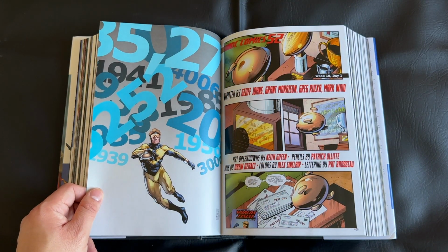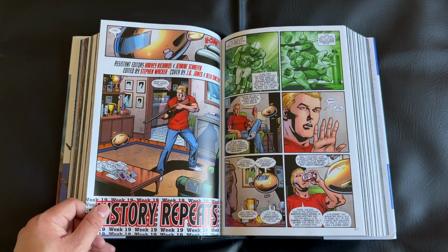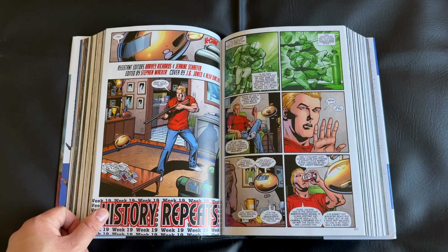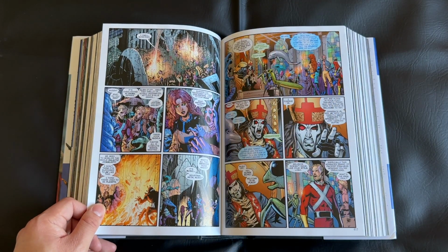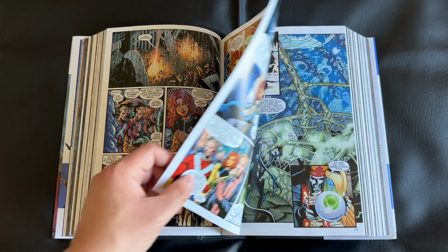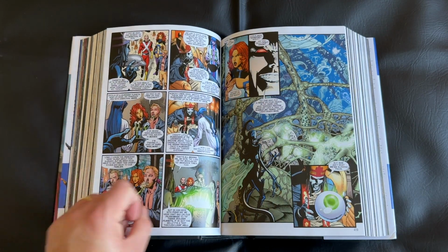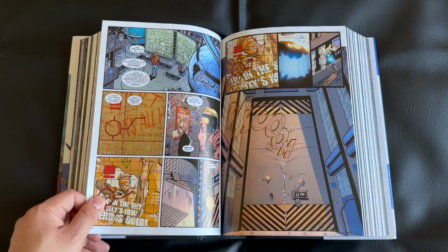And this leads Ralph Dibny, the Elongated Man, on this really interesting journey on how to do that. He gets caught up with the paranormal, supernatural side of the DC universe. I thought this was really fascinating and a really cool mix of that character in this side of the DC world, because he's so empirical, logical, detective based. To see him interact with more of that paranormal, mystical side of the DC universe, I thought that was